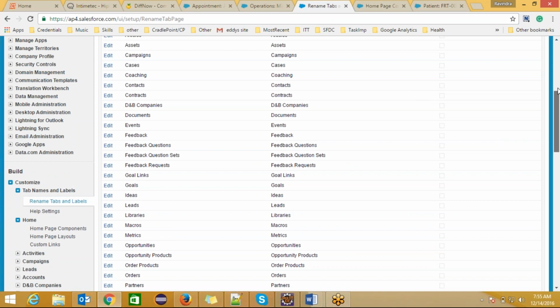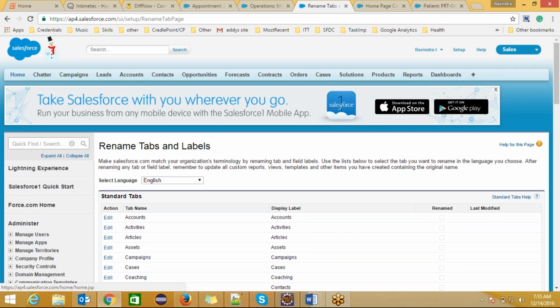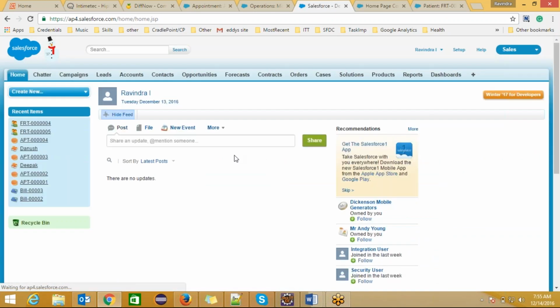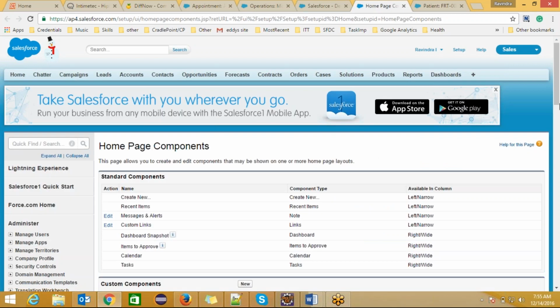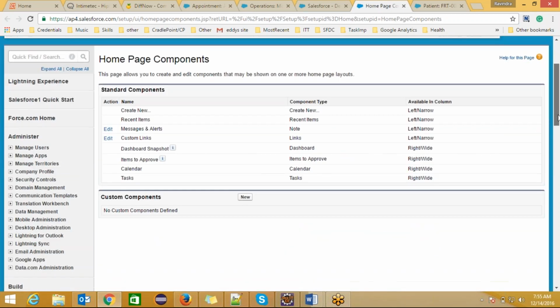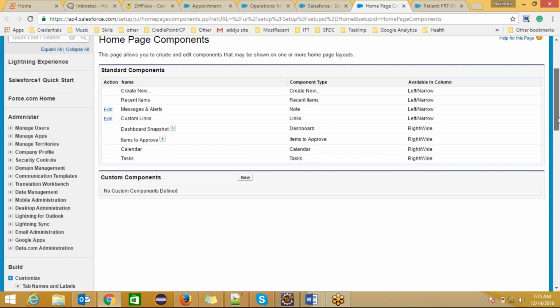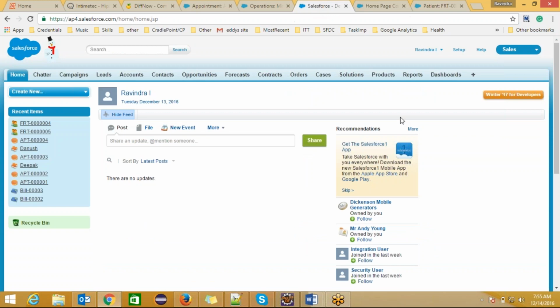When you click on home, what type of screen you want to see, these configurations we can do with home page components. See, this is the home page. You can configure. If I want to change my application,